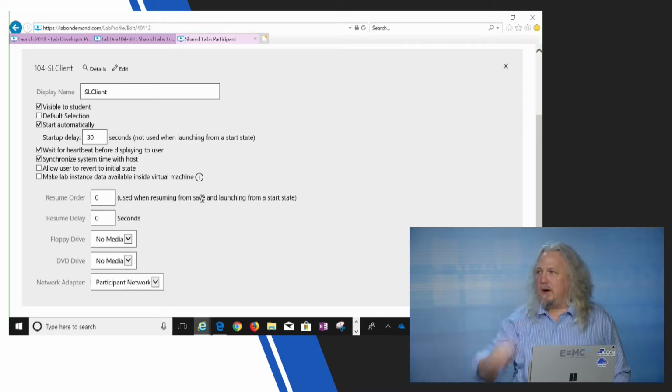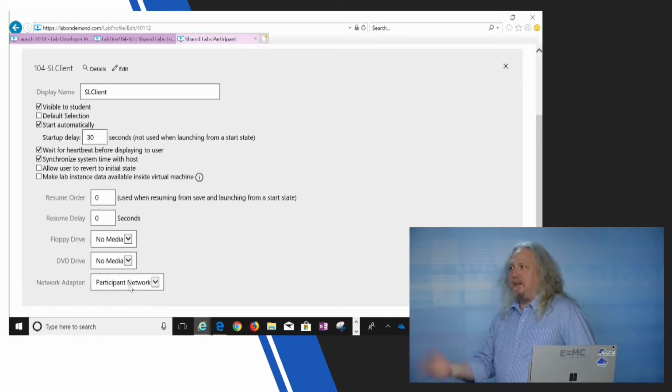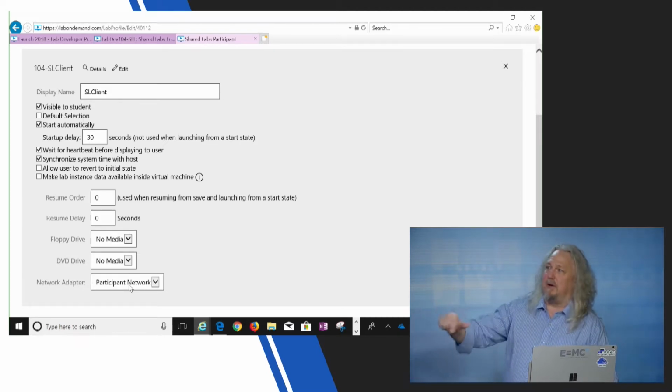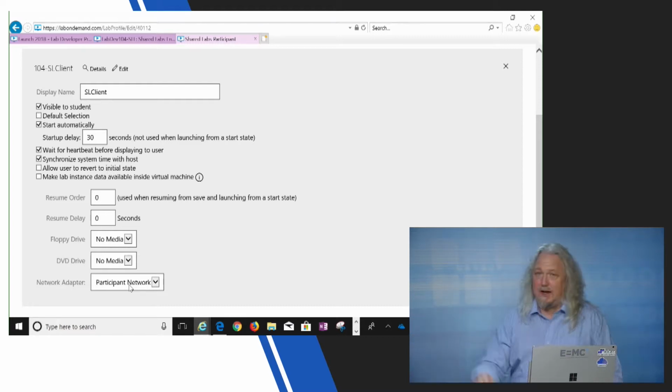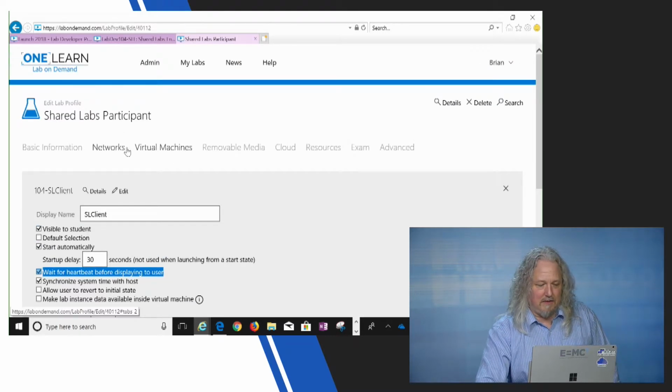you'll notice that my network adapter is listed up here as the participant network. If that was an online network, that's fine, but I don't want that to be part of my actual shared lab. So in order to participate in my shared lab, you'll notice that I have that private network, which was shared. Even though, if I go back to my networks here,